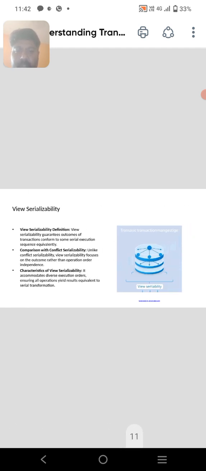The next one is an illustrative example. Consider transactions T1 and T2. Their operations are demonstrated with conflicting access on shared data elements. And view